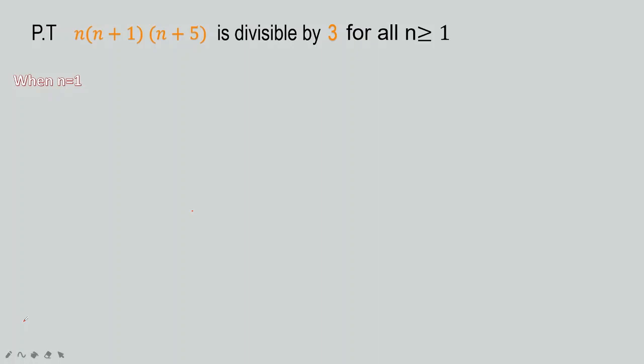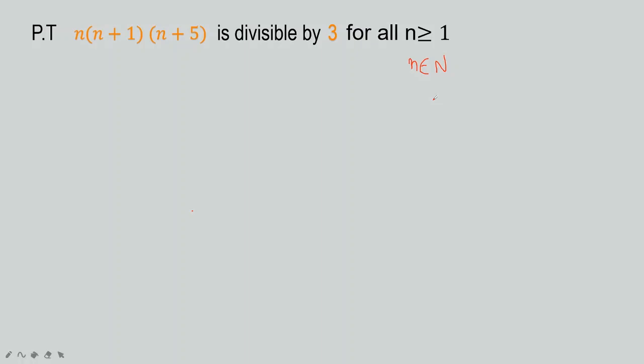Now, one thing that I want you to understand is n greater than or equal to 1 means that n is an element of natural numbers. The same thing. Natural numbers are numbers that start from 1 and then you keep increasing by 1, right? 1, 2, 3, 4, 5, like that. So both have the same meaning: n is greater than or equal to 1, and n is an element of natural numbers.